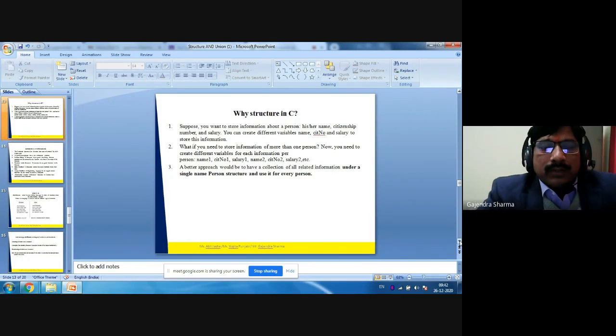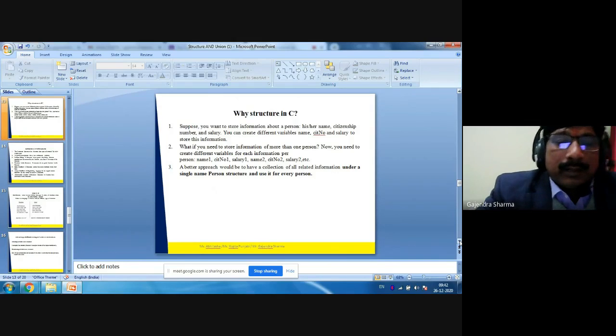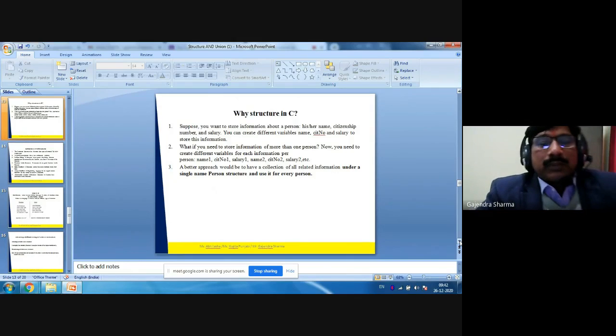As we know, the C programming language supports primitive data types, right? So the primitive data types' field is already reserved and fixed. If we declare an integer type variable, then we can store an integer value. If you declare a float type variable, then you can store a float value, right? Suppose you want to store multiple similar type values, then we require a similar type array, right?